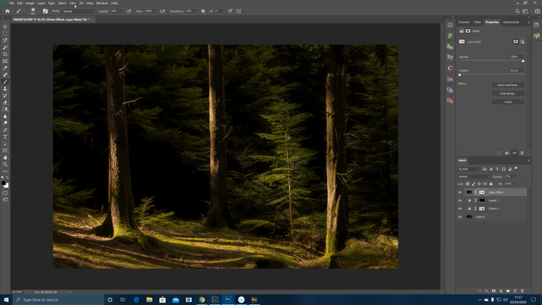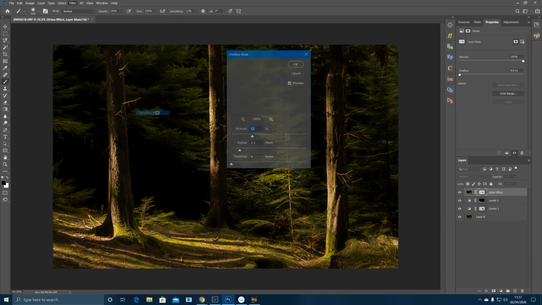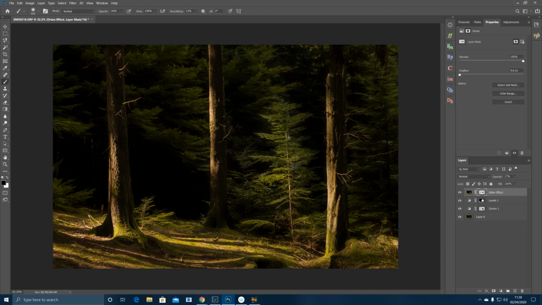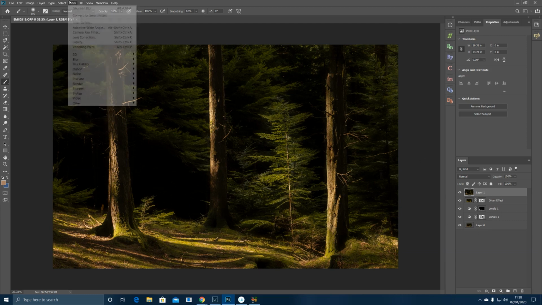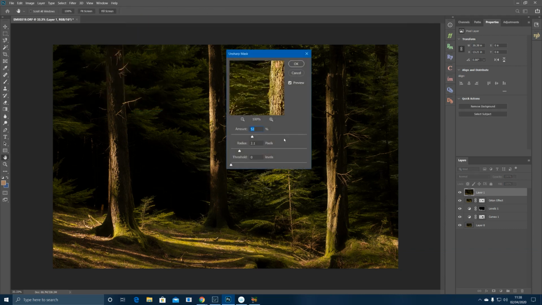The last thing I want to do is go to Filter, Sharpen and Unsharp Mask. And this is how I apply sharpening to my image. Actually, sorry, I'm going to combine them all to one layer first. So Shift Control Alt E, or Shift Command Option E if you're on a Mac. So that combines all these into one layer here. Go to Filter, Sharpen and Unsharp Mask, and basically you can